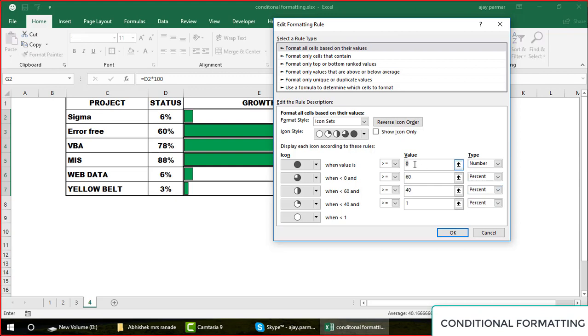This is 80. This is 60. And this is 40. I'm not changing the values, I'm just changing the formatting. So this is 1, right?